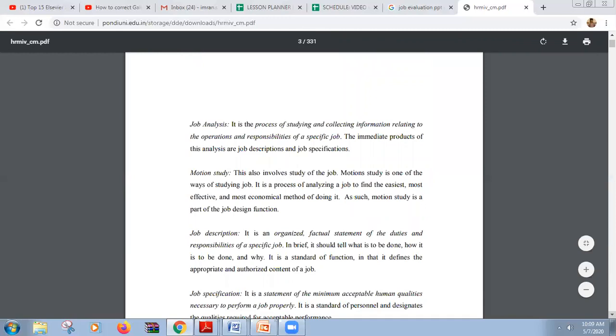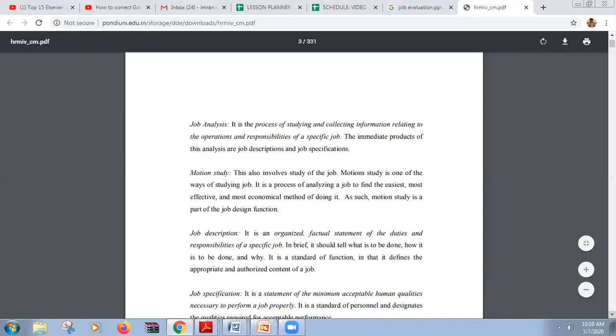In motion studies, we basically break the motion into minute steps, and these motions are studied and analyzed at a micro level. So motion study is also involved in job analysis and job description. First of all, we need to analyze the job description, what type of job it is. As I told, there could be a job of drilling a certain part. So in the beginning of the job analysis, the job description is given.